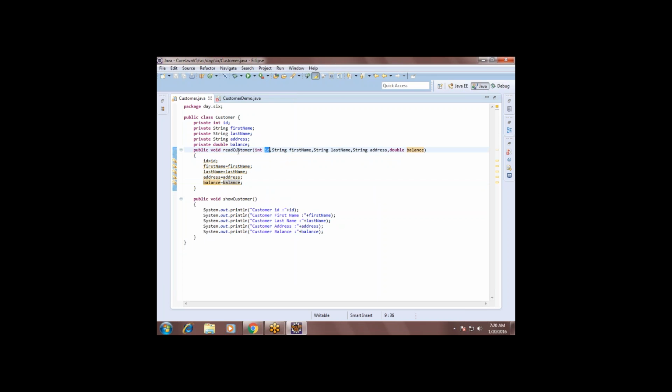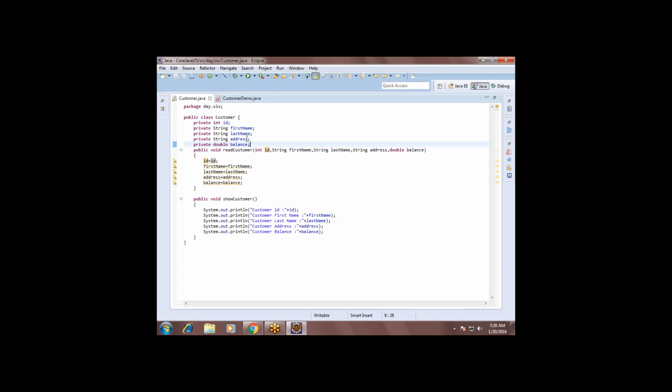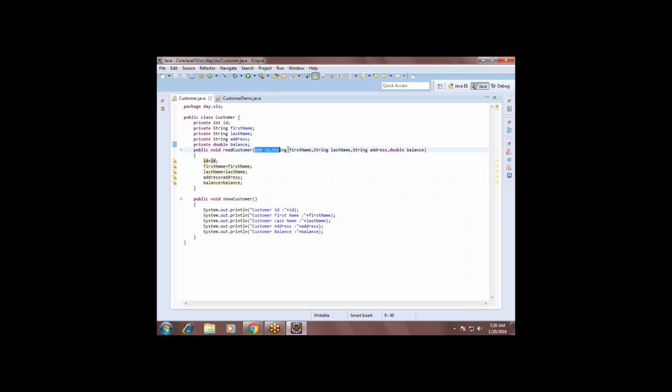So this ID will be stored into this ID. These are the local variables which I declared to receive the values from outside, and these are the instance variables which will be available inside the object, right? So to initialize the instance variables, I am using local variables. But unfortunately both the names are the same, right? So can I insert the ID, which is a local variable value, inside the instance variable? Is there any difference you find between these two variables? No, I don't think it will work.